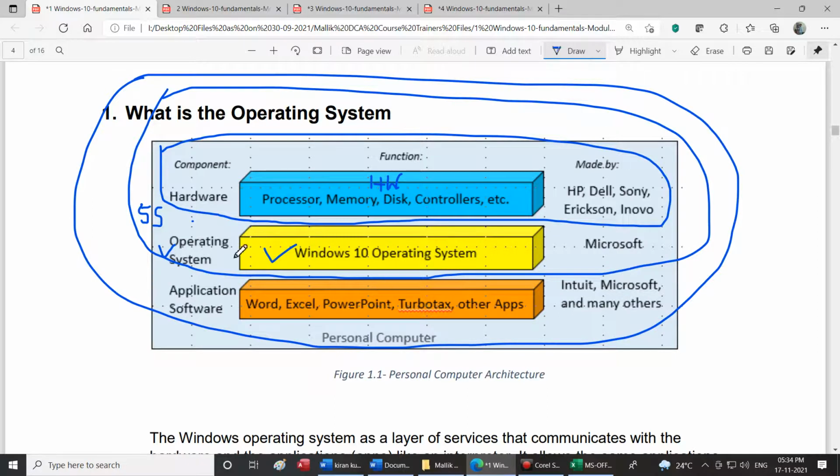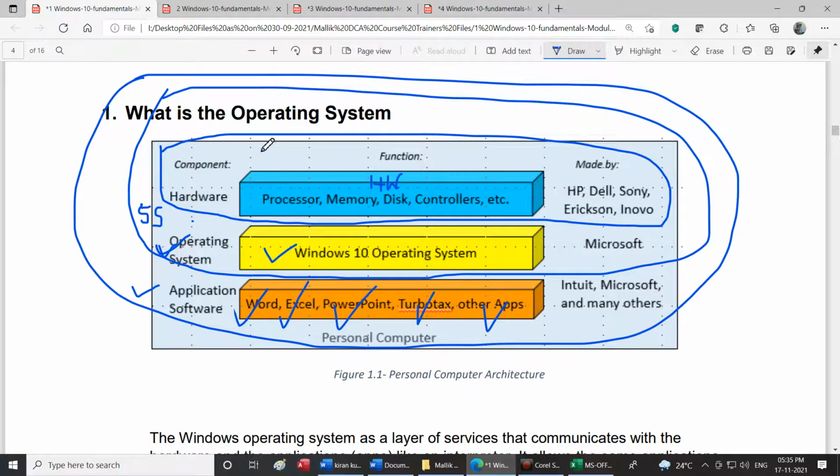Above the hardware is going to sit your system software. Example for system software is operating system. Example for an operating system is Windows 10 operating system. On this Windows 10 operating system, application softwares are going to sit. Examples of application software: MS Word, MS Excel, MS PowerPoint, Turbo C and other applications. It could be PageMaker, CorelDRAW, Photoshop, InDesign, or my CMIS or internet browser. Accessing applications like Facebook, all this comes in application software. This is the basic block diagram.